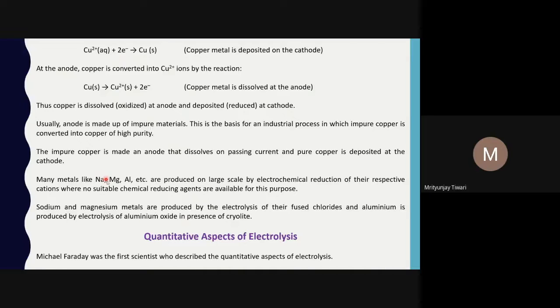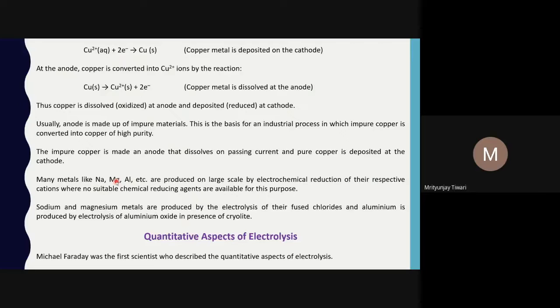So instead of using a material, making that material oxidized and then reducing things, you can just use electrons in the form of electricity and reduce sodium or magnesium ions, which are very highly reactive. Their reactivity is because of losing electrons and not gaining electrons. They are highly reactive because they can easily lose electrons. So gaining electrons is difficult for them. Their tendency to donate electrons is high, so their tendency to accept electrons will be very low, and that will be a non-spontaneous reaction.